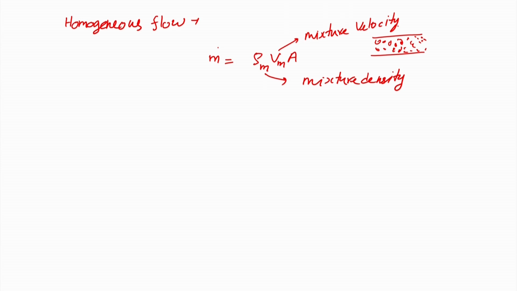Now, the problem is how to find the mixture velocity, how to find the mixture density. If we know that, then we can write the continuity equation at least. So, for the mixture density, how do we write that? rho m, it means the mixture density is nothing but epsilon L into rho L plus epsilon G into rho G. Okay. So, it means the volume fraction of the liquid phase inside the pipeline multiplied by the density of,